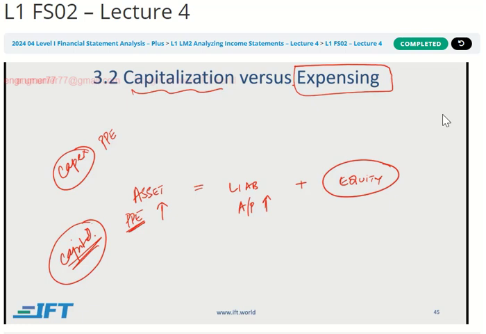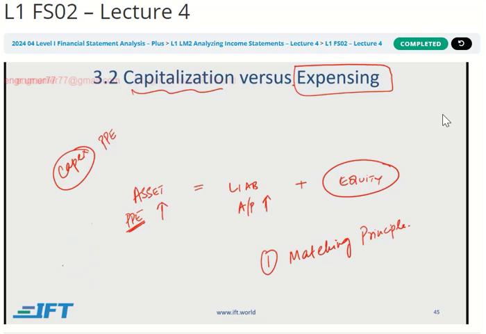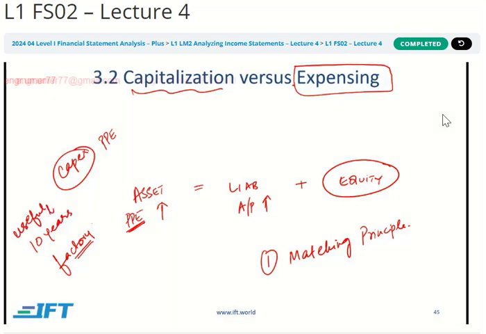Now, why is this so important? For multiple reasons. First of all, this is important from the perspective of matching principle. How? See, if you're buying a factory, is this going to only help you produce goods for 1 year? The answer is probably no. It is going to probably have a useful life of 10 years, right? Let's take an assumption that the useful life of this factory is 10 years, which means that if you spent, let's say you spent $10 million on this and you recorded an asset of $10 million,